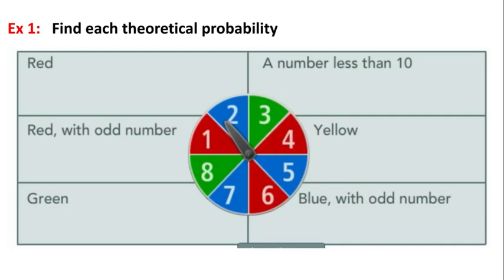Today's example has a spinner with a bunch of colors and numbers, and it says find each theoretical probability. Find the chances that it will happen. The first one I have to do is red. Well, I have to ask myself, what are the chances that if I spin the spinner, it will land on